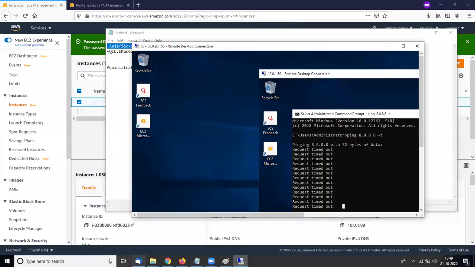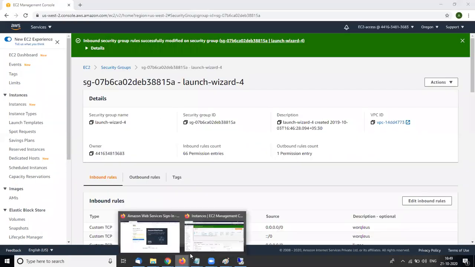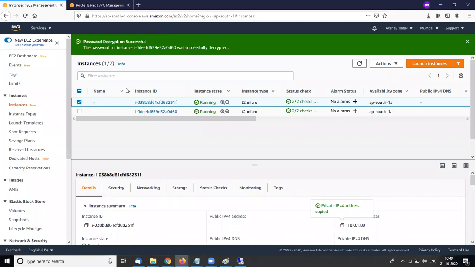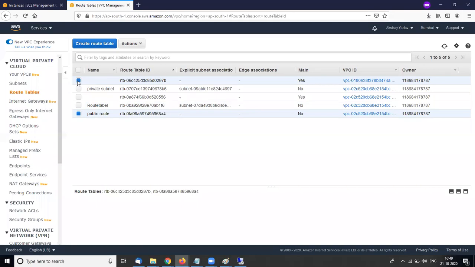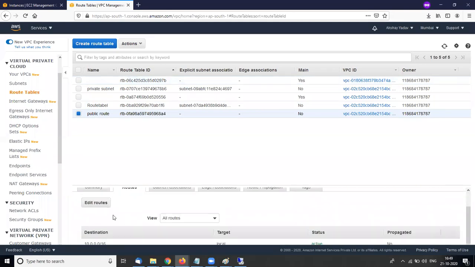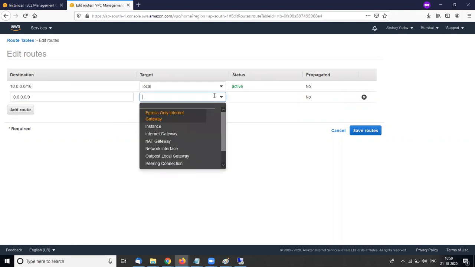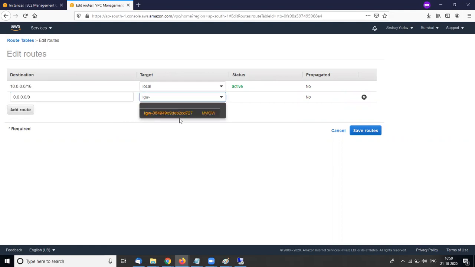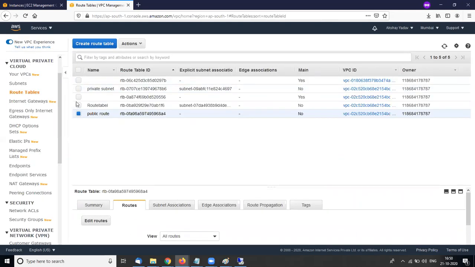Here, this is my EC2 machines, and I have created a public route and added routes. That means 0.0.0.0/0 is going to my IGW, the internet gateway. Save routes, close.